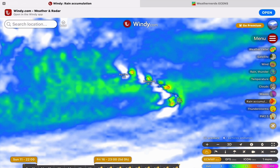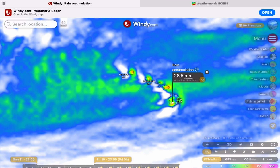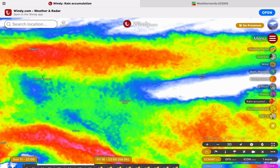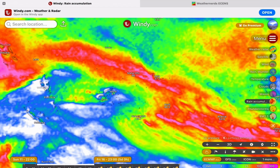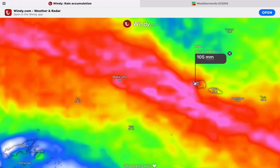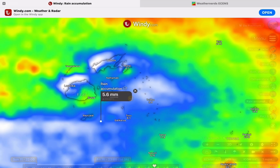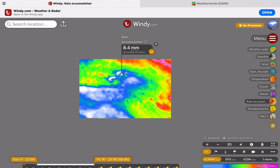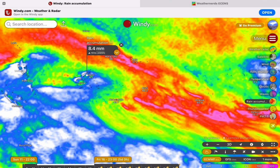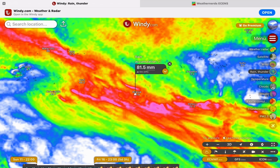And even Hawaii is considered to be in Oceania, so it does show some showers as well. Nothing crazy, might be a storm or two. So it shows around Fiji and Samoa, especially Samoa, Matautu, close to 100 millimeters, western Fiji, because of this big cold front and moisture. So be careful in Fiji, a little bit better, but still some showers from day to day, and it shows spots